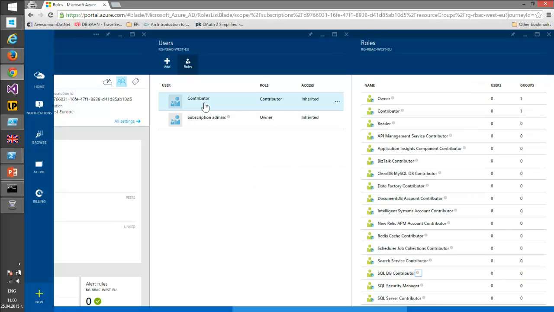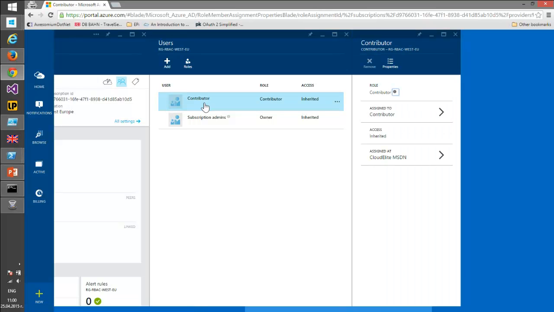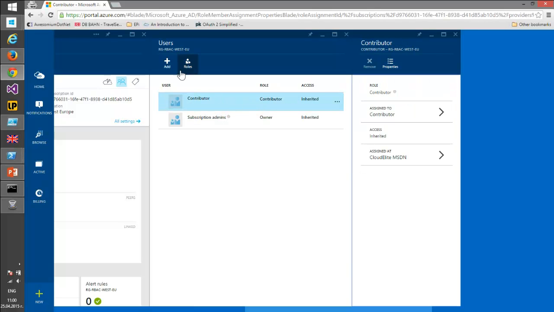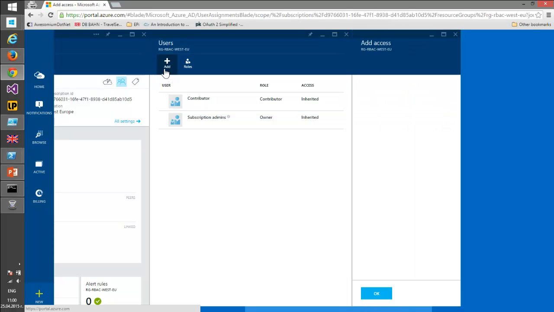So now we have a contributor who basically can do everything in that subscription, in that resource group, because we are now granting specific permissions for that resource group. There is the owner of that resource group, and let us now add